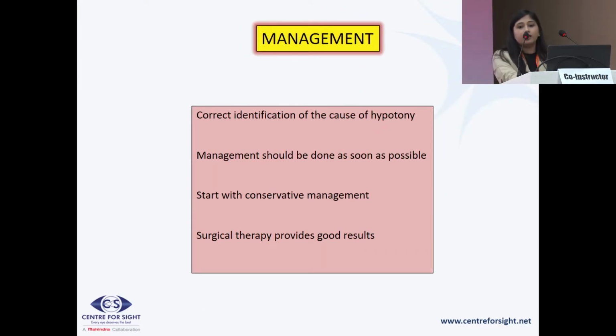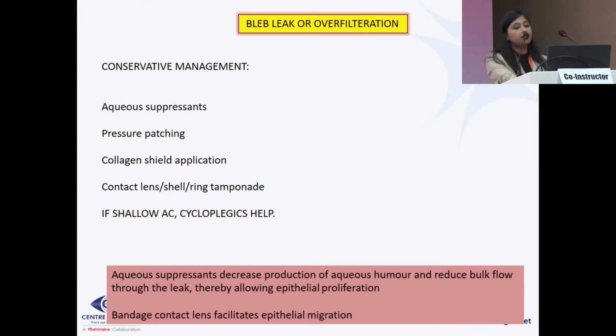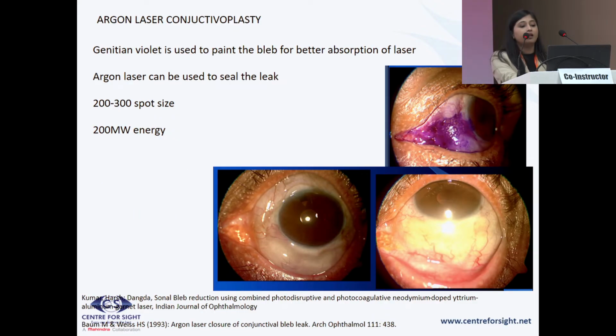Once diagnosed, it has to be treated. Start with conservative management, and later on we can do the surgical therapy. It provides very good results. If there is a bleb leak, we can give aqueous suppressants, do pressure patching, use a BCL. There's argon laser conjunctivoplasty, which will help us in limiting the overfiltering bleb,